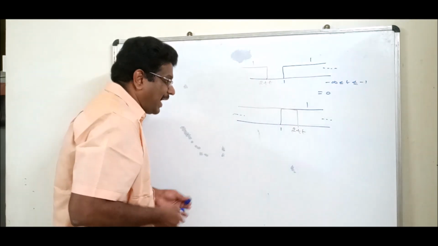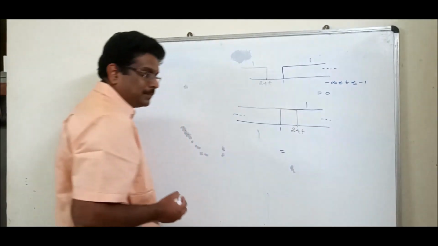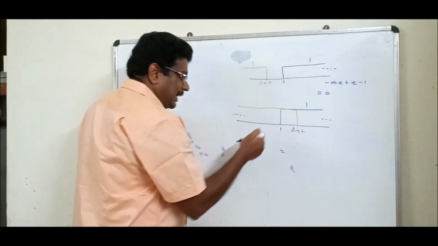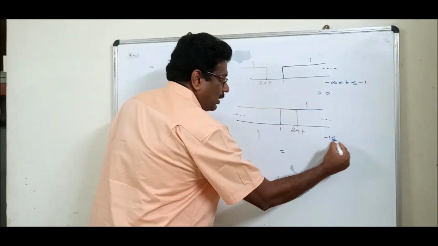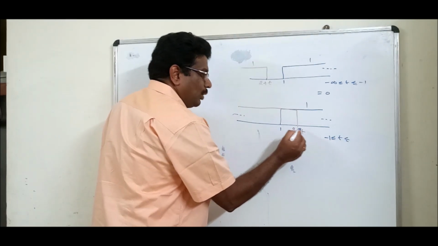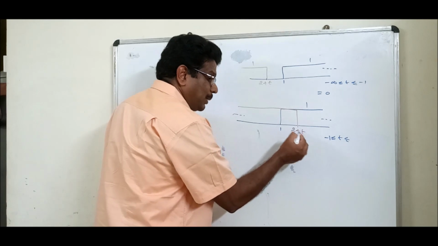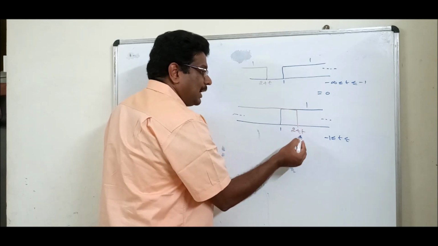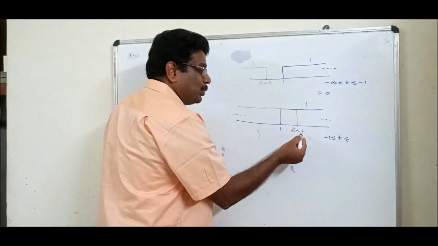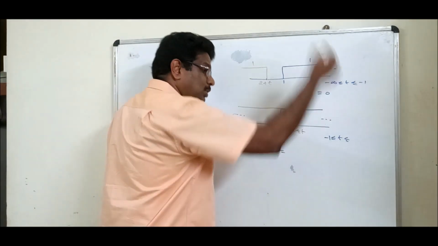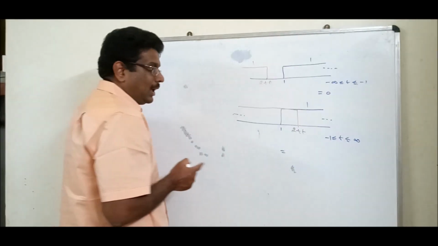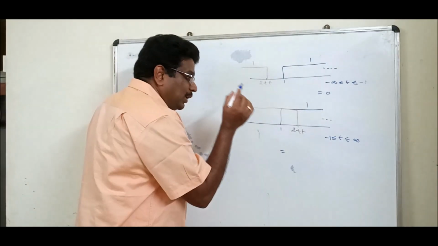Now answer, where will you get an answer? If this signal is touching here, at minus 1, go this side, 0, 1, 2, 3. I am talking about the t value. 3, 4, let us put 10, 10 plus 2, 12. It goes this side. Common area. Let us put 20, 22. Common area. Up to where? Infinity. You will get the common area. If you multiply, you will get the answer.